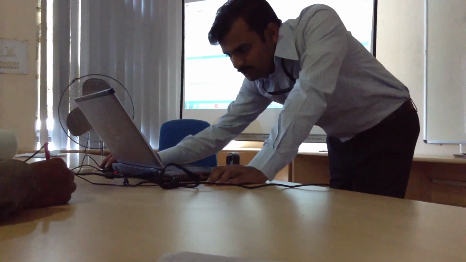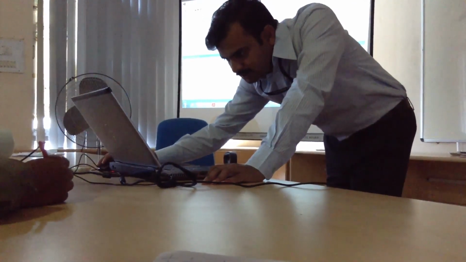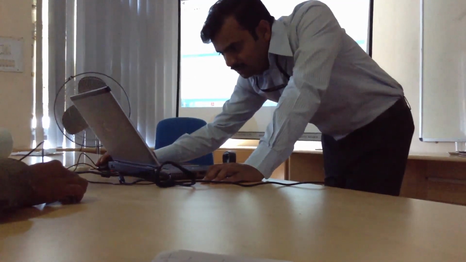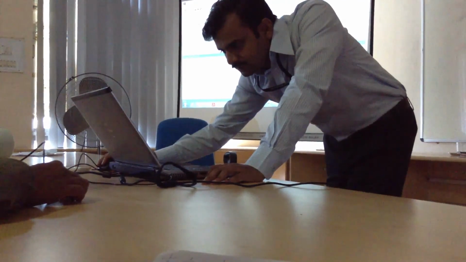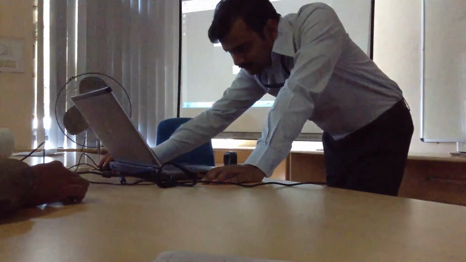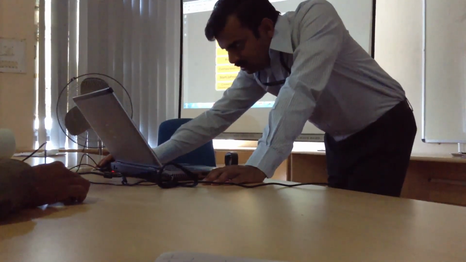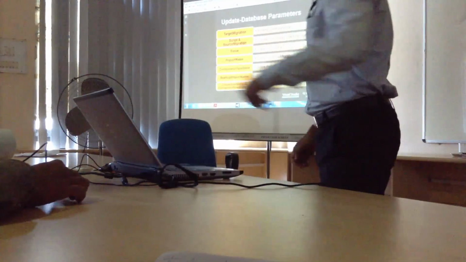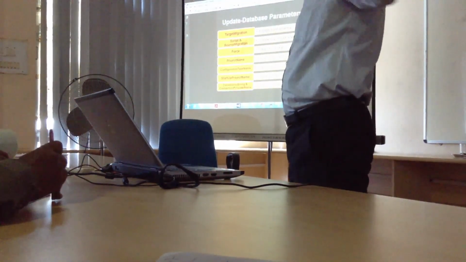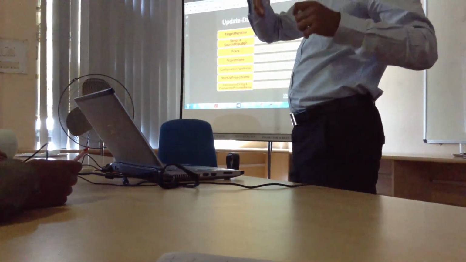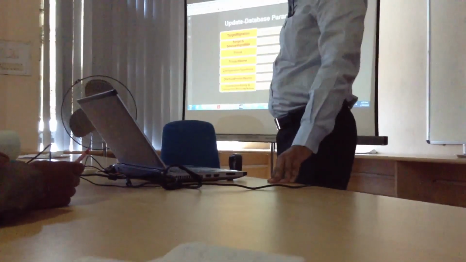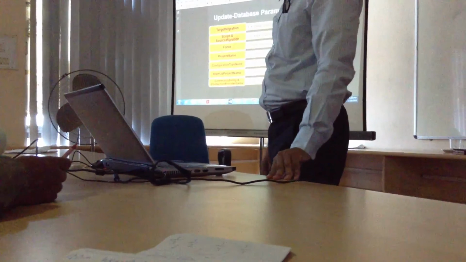Just run this. It will give you all the details: parameters, source migration, what is the use of target migration, script, project name, all the things. So, these are the different parameters we can provide using update-database. We discussed target migration. If you want to roll back something, then we can use target migration, right?